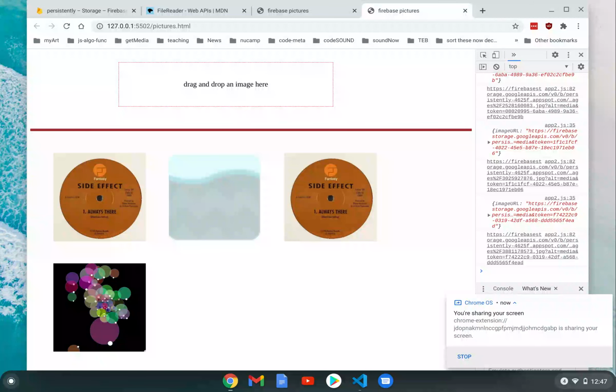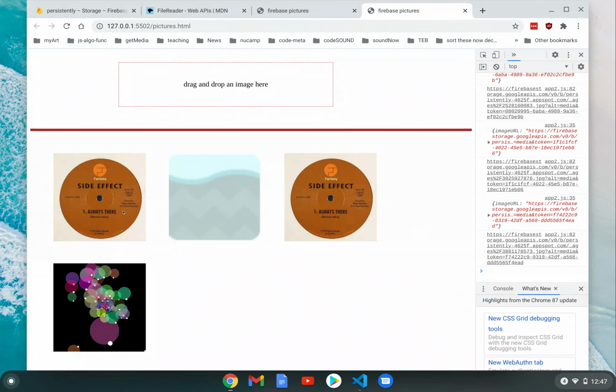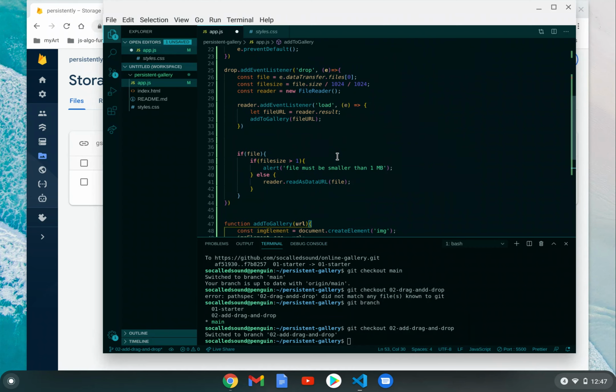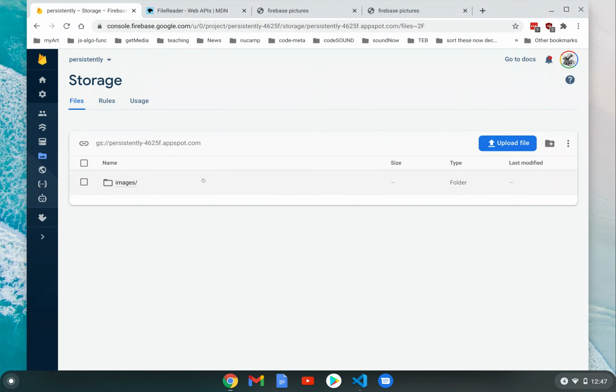Hey everybody, so moving right along, here we are in my image gallery. I've got my images. This is actually pulling my images from Firebase, which I have uploaded. So that's what we're going to do in this video: we're going to configure Firebase storage to take images, and then we'll configure our app to send those images up right here instead of, or perhaps in addition to, adding to gallery. We will upload those files and then set up an event listener on our Firebase to